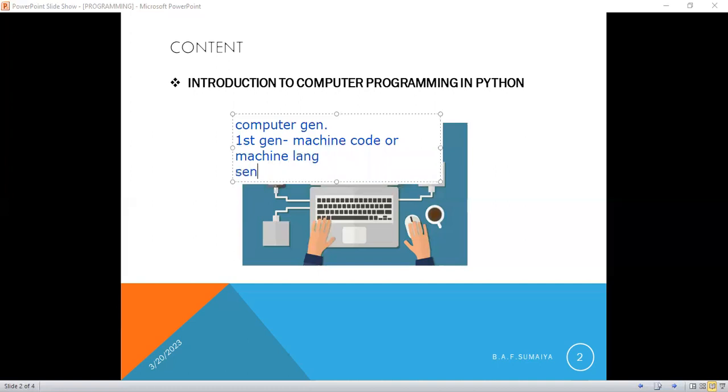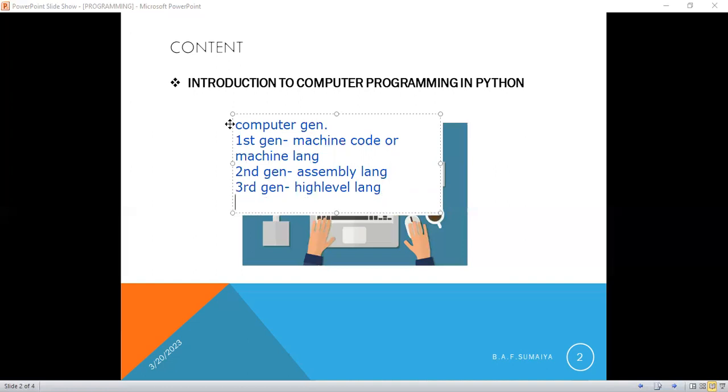And second generation is assembly language. Third generation, high level language. And fourth,